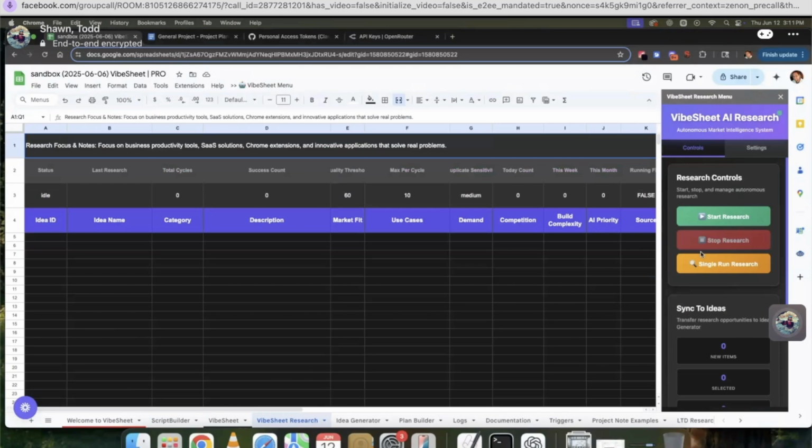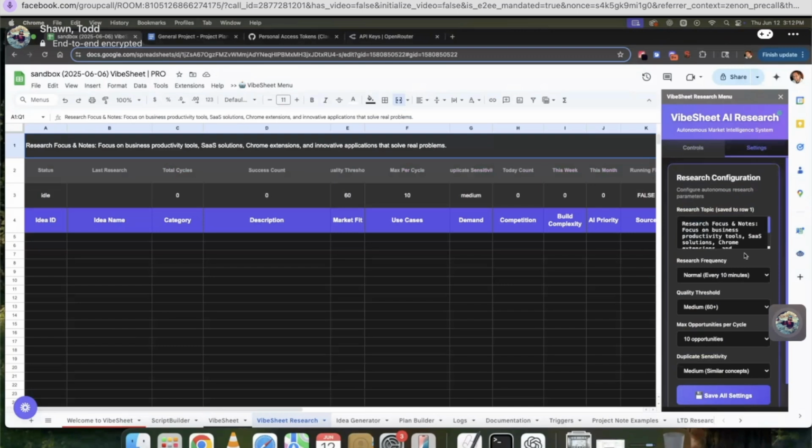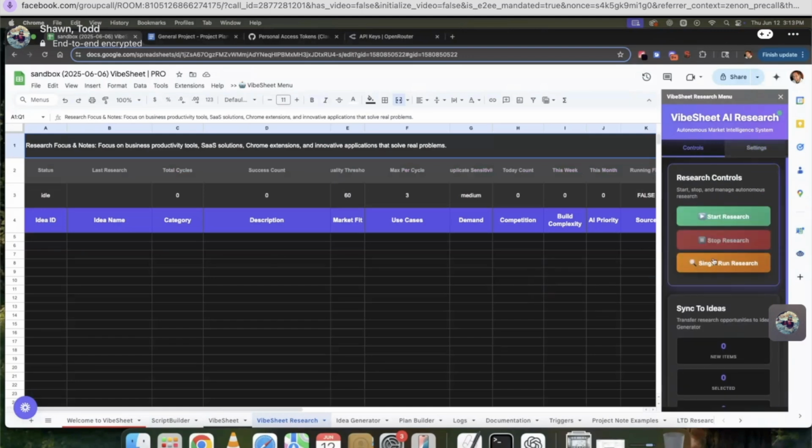So all you have to do is go into your settings, set up what you want to focus on, and then you'll be able to go through and set this up to run automatically, or you can manually just run this in batches. So adjust your settings here. Once you're done, you'll come back to your controls, and there's some buttons that you'll click, either start, and that will automatically start running and looping, or just run a single run research mode. And that'll go out, it'll look at different environments. It'll look at Product Hunt, it'll look at AppSumo, it'll try to find